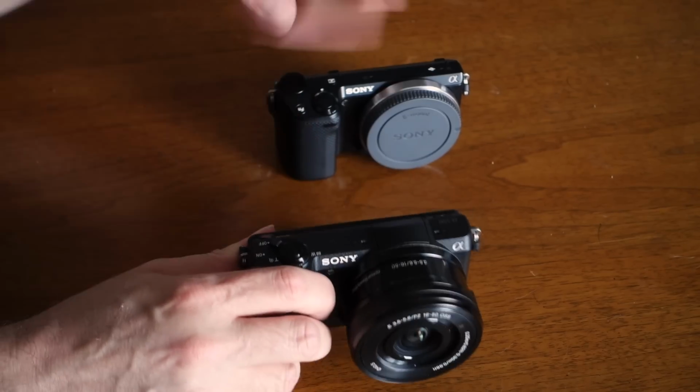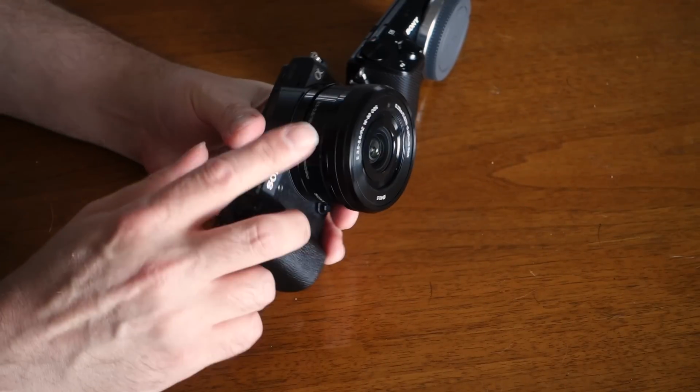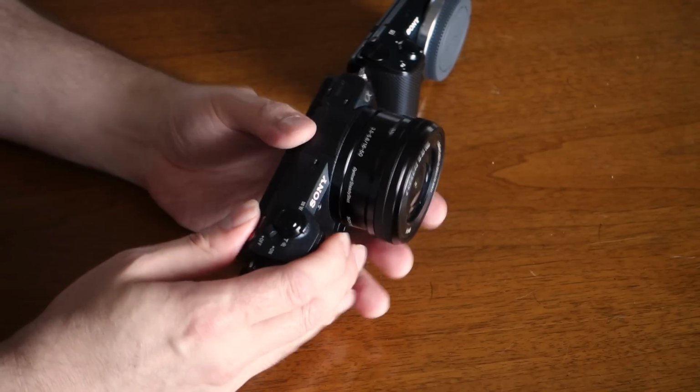So that's one thing that is considerably different. The knob placement's a little bit different on these two cameras. There are several kit lenses as well. This is the kit lens they sell with it. I have another kit lens that came with the NEX6, I think, back in the day, and I have that,